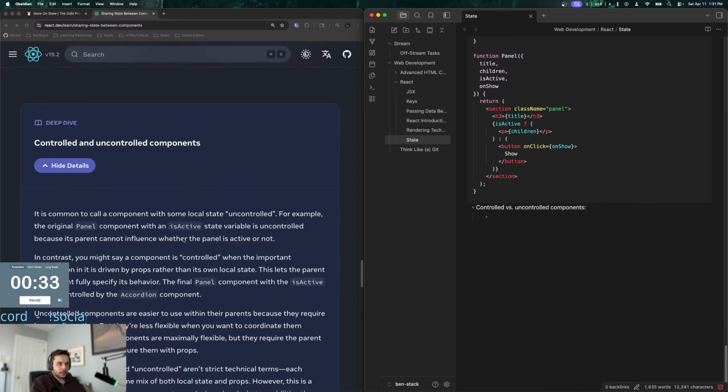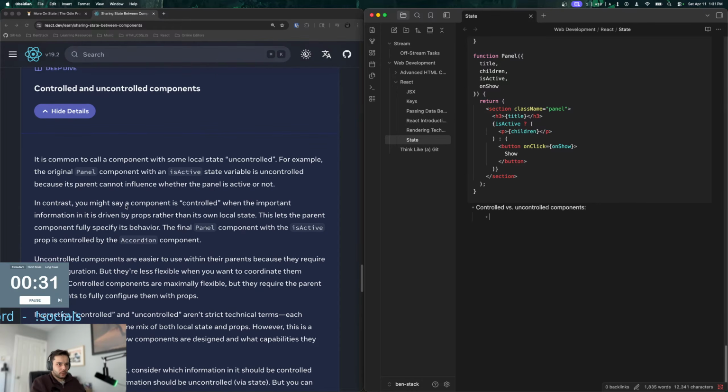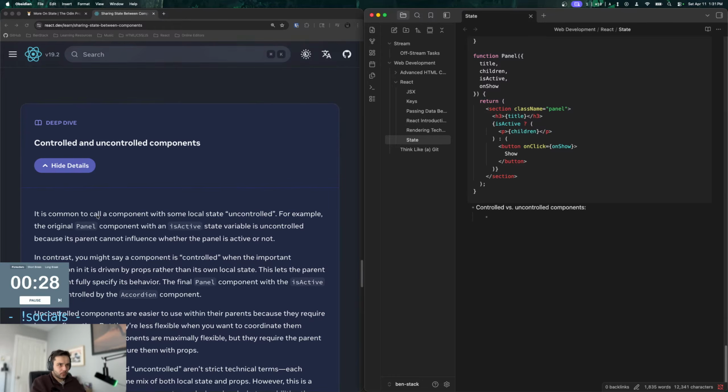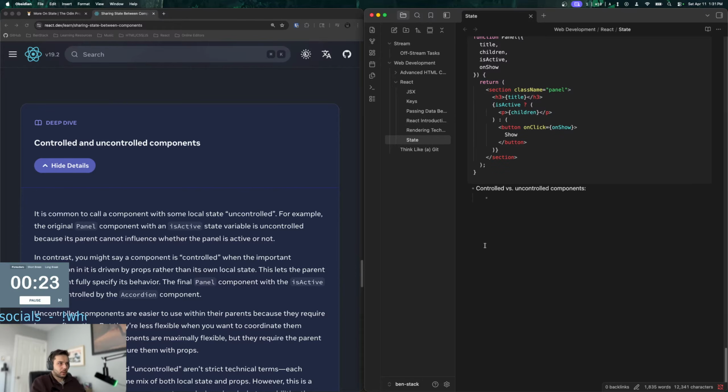The original panel component within its active state is uncontrolled because the parent is so controlled: the parent component influences the state of children, and then uncontrolled, the child influences or controls, I guess, its own state. Parent has no control. All right, let's take a break.